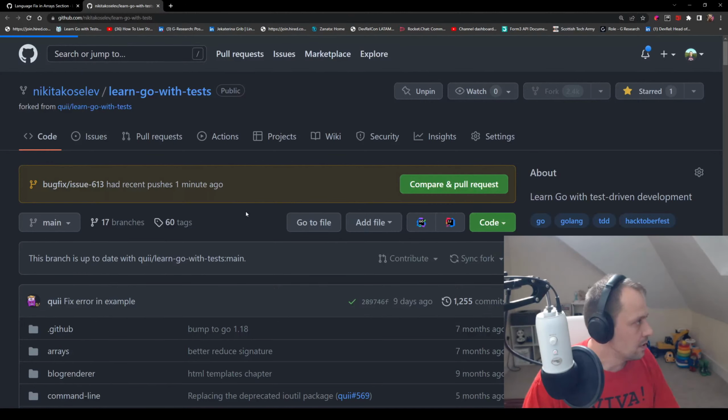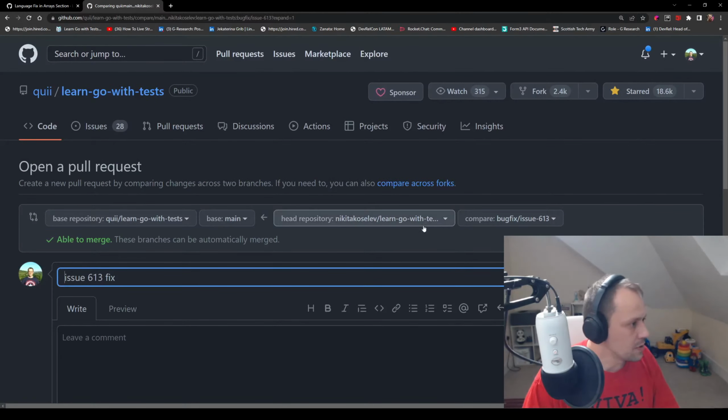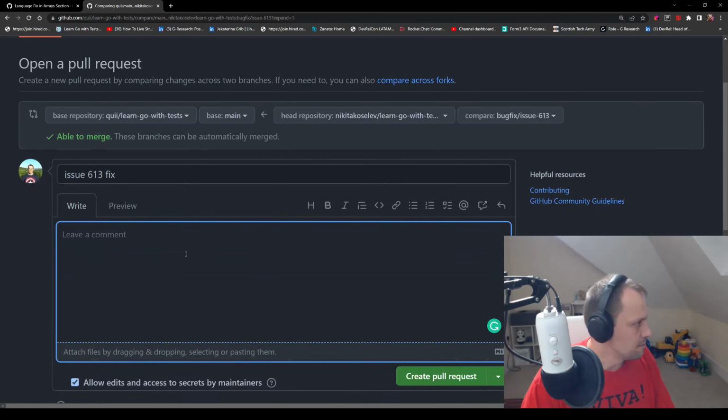So I will create a pull request. So basically a pull request is our proposal for stuff to be fixed. So the text has been placed accordingly to